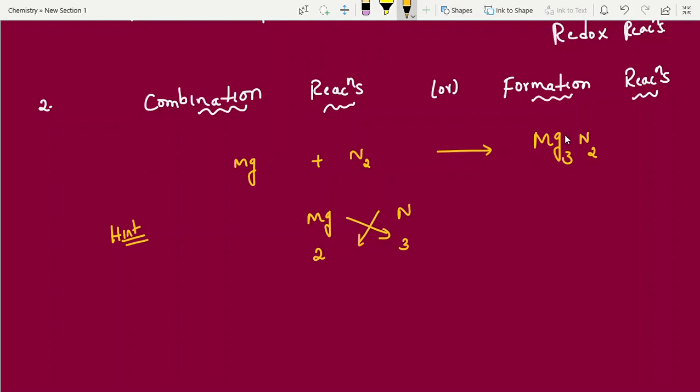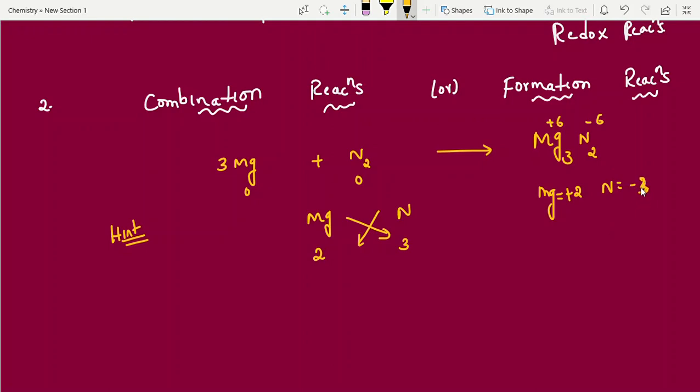Now balance this reaction. How many magnesiums are there? Right-hand side 3, here 3. Here 2, here 2. Now, is it a redox reaction or not? Check it. This is elemental state, 0, and 0. This is plus 6, students, and this is minus 6. Each magnesium is plus 2, and each nitrogen is minus 3.